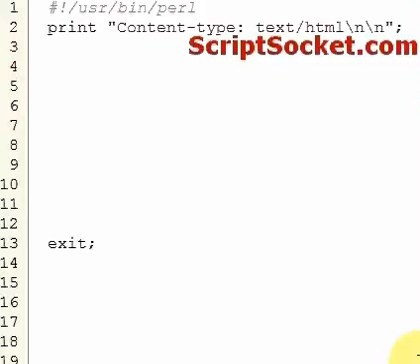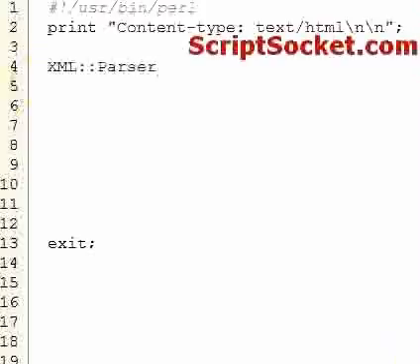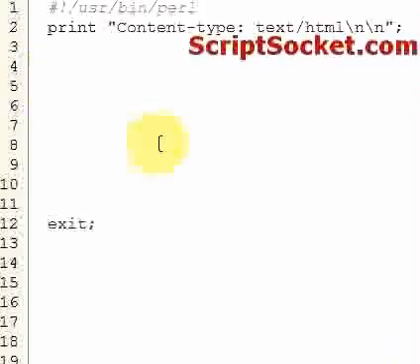Perl tutorial part 43. Install a Perl module. First of all, what is a Perl module? A Perl module is a discrete component of software for the Perl programming language. It is distinguished by a unique namespace, such as